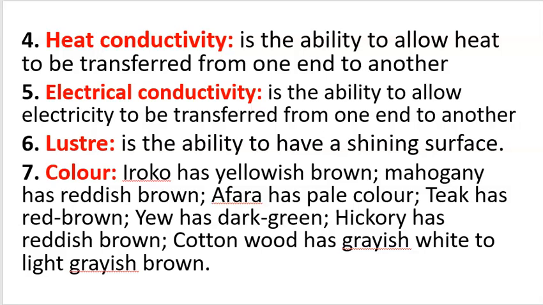Number 5, electrical conductivity. This is the ability to allow electricity to be transferred from one end of the wood to another. Luster is the ability to have a shining surface. So wood has an ability to have a shining surface. Color. Iroko has yellowish brown. Mahogany has reddish brown. Afara has pale color. Teak has red brown. Yew has dark green. Hickory has reddish brown. Cotton wood has grayish white to light grayish brown,